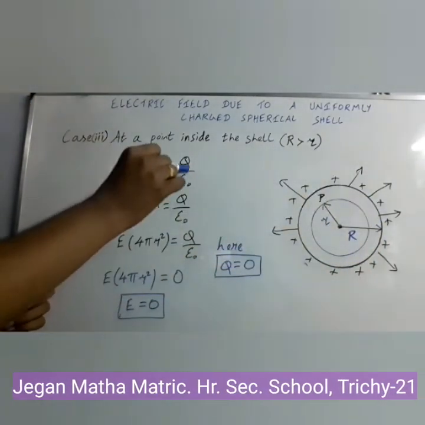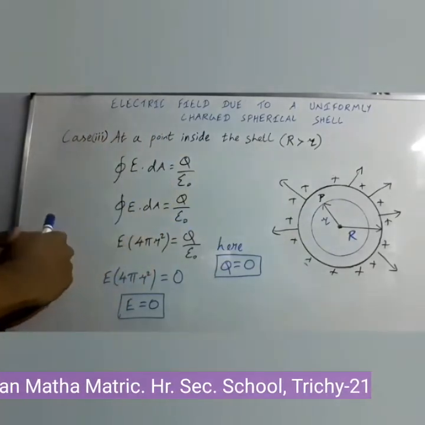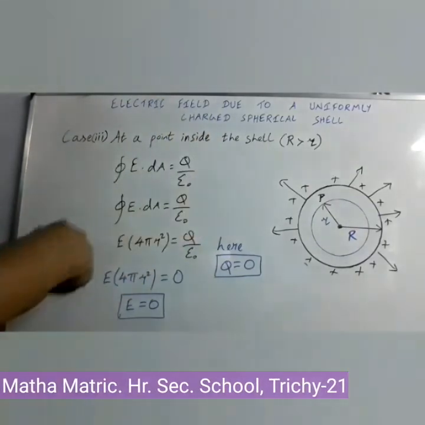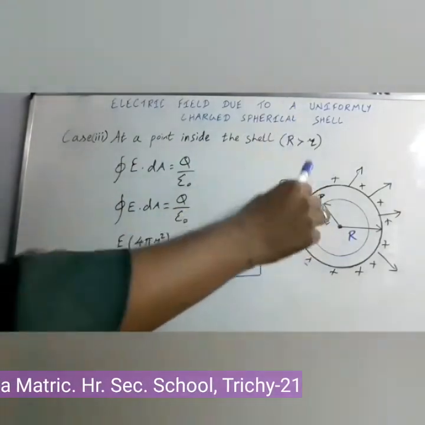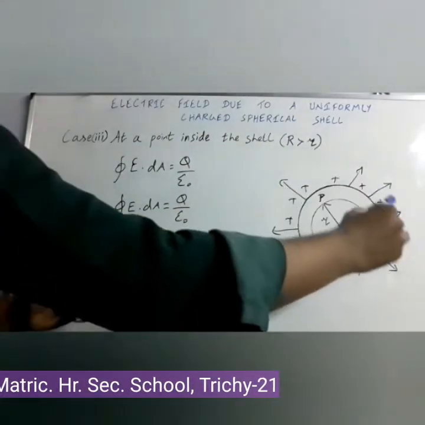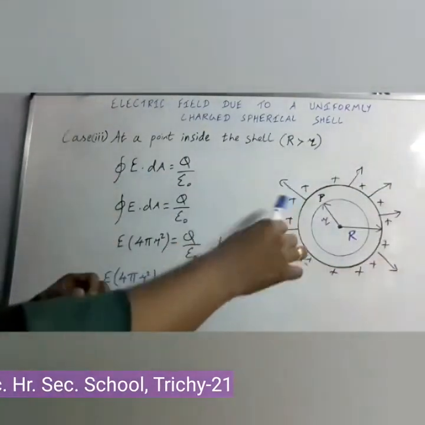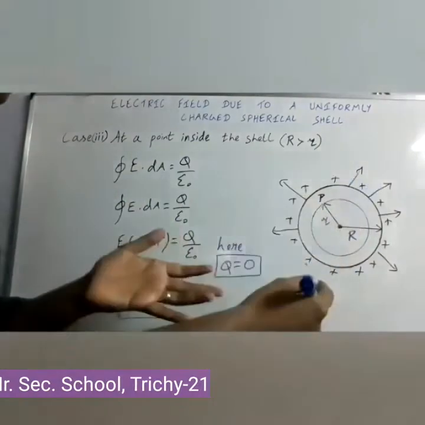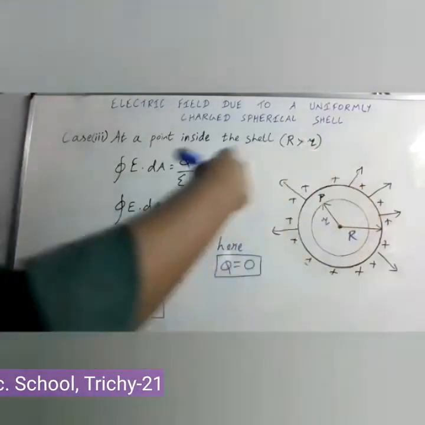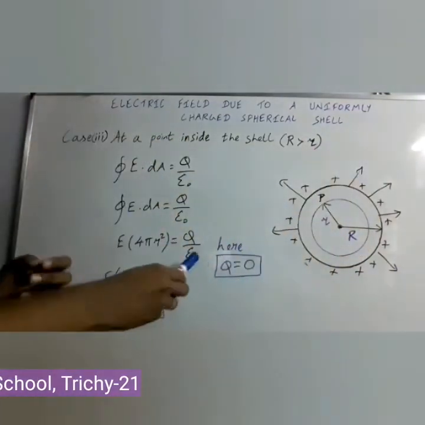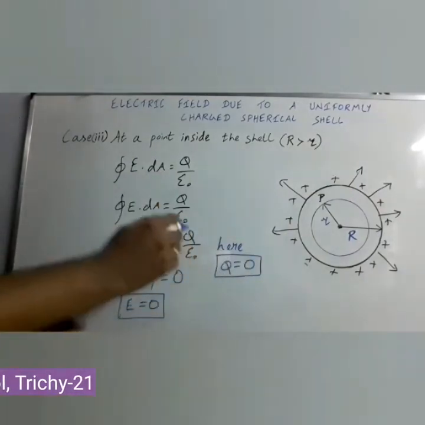Closed integral E dot dA is equal to q by epsilon naught. At the left side, the same procedure can be done, what we have done in both the cases. At the right side, we have to substitute the value of q. But remember, we have told already the charges are distributed uniformly at the surface of the shell itself, and the electric field lines act radially outwards like this. So there will be no electric field line and no electric flux inside the shell. So there will be no charge inside the shell. For the Gaussian surface, there will be no charge. Here in this case, q is equal to 0. There will be no more charge. So q is equal to 0. Right side will be equal to 0.